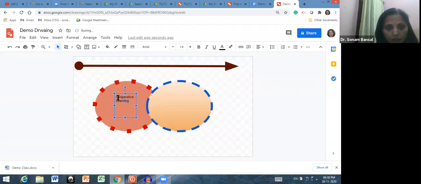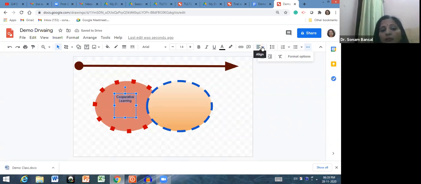And if you want to change the text style, you want to center align from here, do the alignment right, left. You want to change the text font and the size of the font, then you can do that.